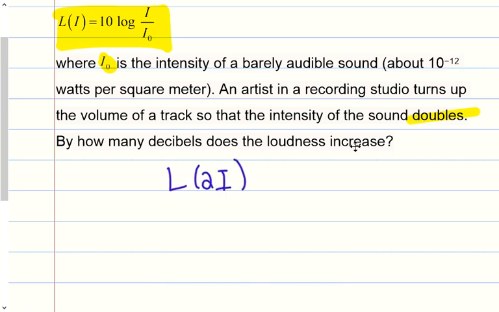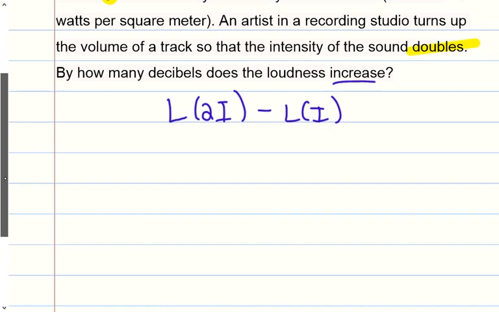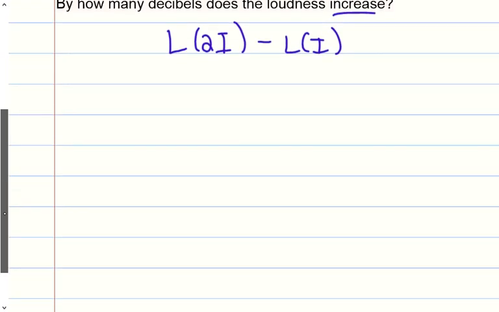And if we need to find out how much it increases, then we're just going to simply subtract L of I. Well, instead of plugging in all these numbers and everything, we are just going to plug in the formula. So if I have L of 2I,